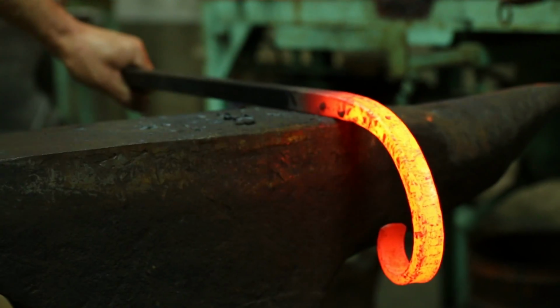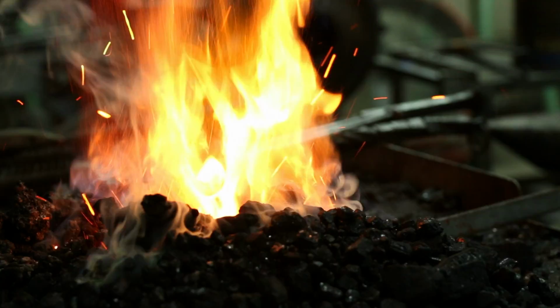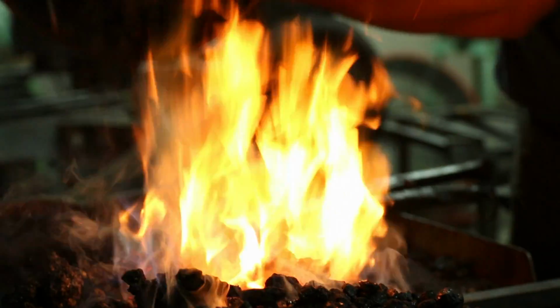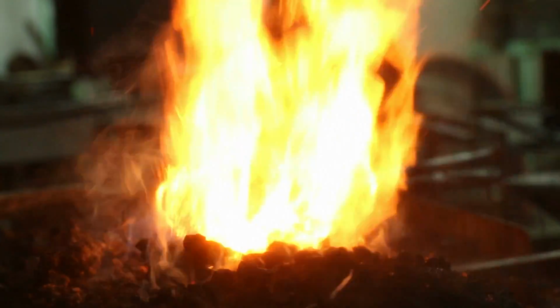Some people are more purists, and I'm definitely not a purist when it comes to traditional craft, but I still use tools and techniques that really haven't changed in a couple thousand years. That said, I use a TIG welder and an oxypropane torch on a regular basis, and I have no compunction about that whatsoever. But at the same time, I might go torch cut something or TIG weld something together and then put it in a coal fire that's just run by air burning coal,